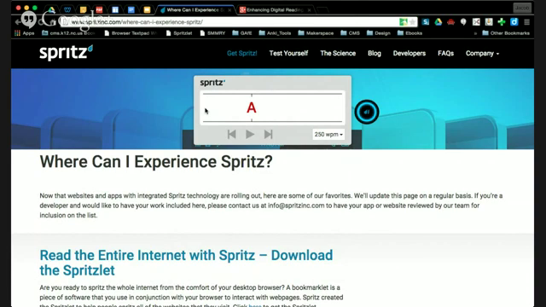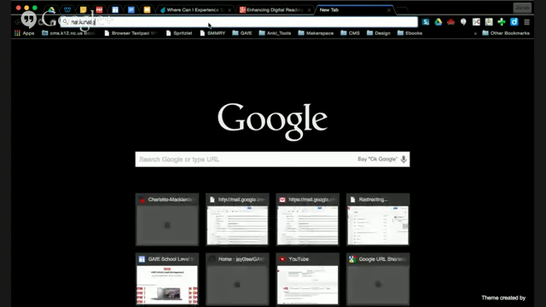So this company, Spritz, has developed their RSVP program here to be able to present text on any website in this way. Their bookmarklet, which I have installed up here on my Chrome browser, will work on any web page that has text that it can present to us. So if we went to, let's just go to National Geographic,